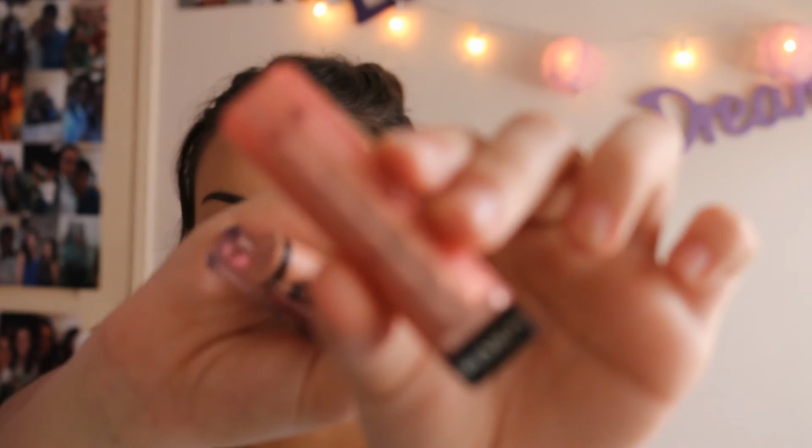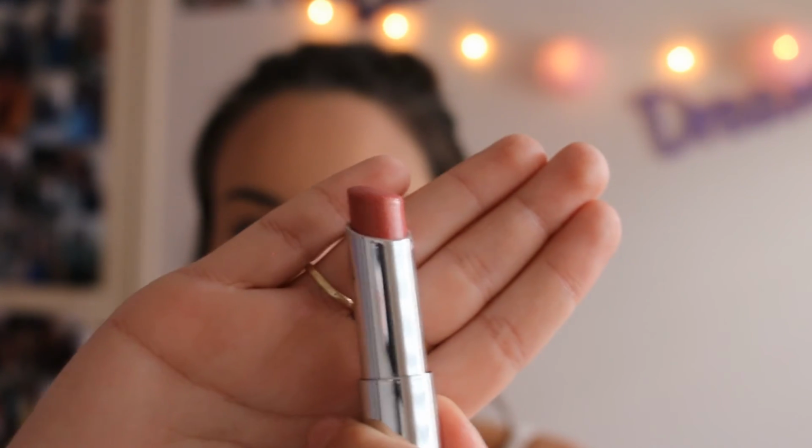I'm going to first go in with the Revlon, what is this, Colour Burst Lip Butter. That's this one here. It's focusing, not focusing. There we go. So this is in the shade 025 Peach Parfait. Pretty sure that's how you pronounce it. And that is it there. Okay, so that's the Revlon Colour Burst on now,